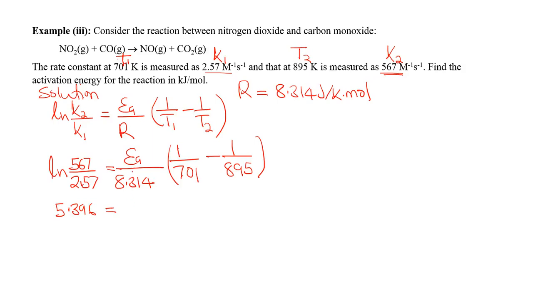So we'll have 3.719 times 10 to the power -5, then EA. So our activation energy